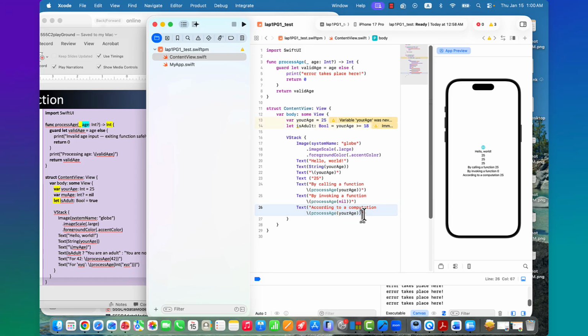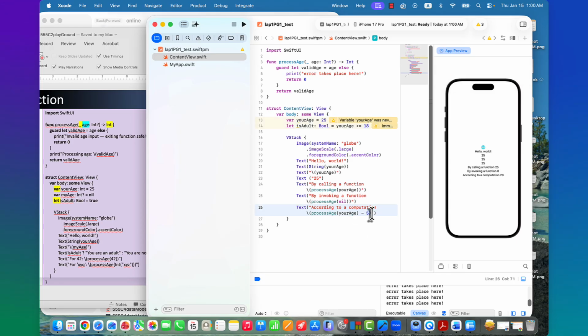Of course, that is 25, but let's say -5.